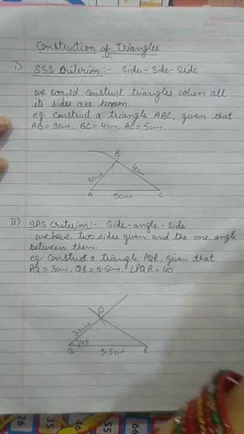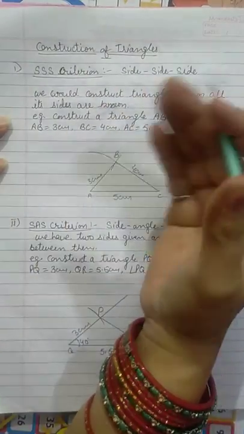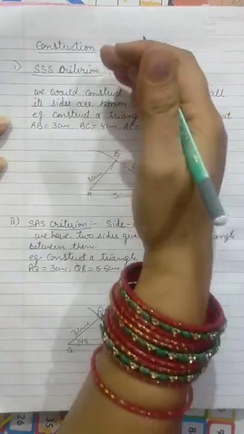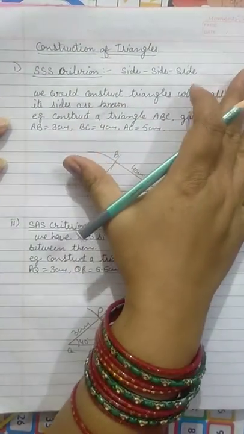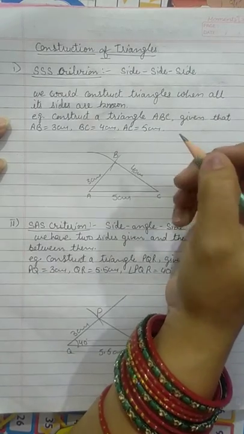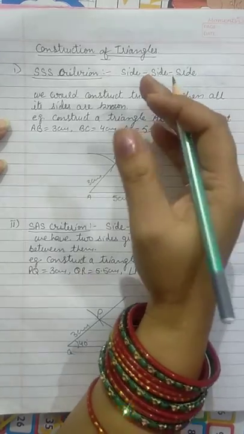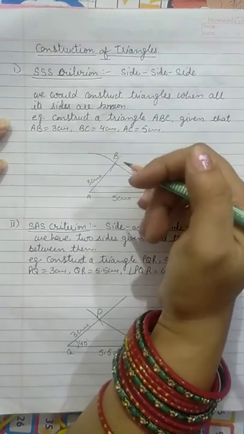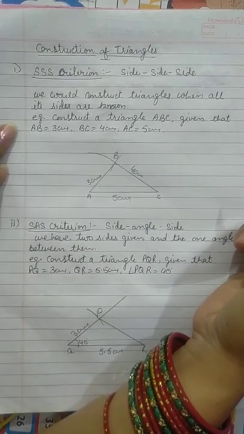Now after that we will do the construction of triangles. I will explain to you the different criteria, what is given to you to construct that triangle. Before that, I will tell you what we need to construct these triangles. For example, you want a scale, razor, sharpener, pencil, compass, and protractor. All these geometrical equipment are required to construct these triangles. Fine, so let's start now.